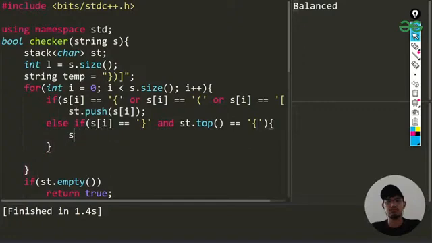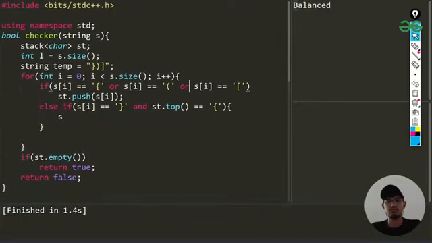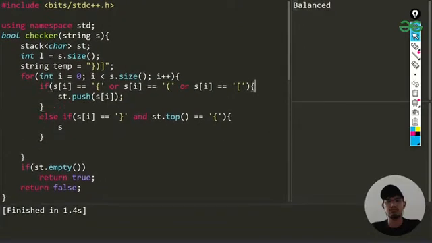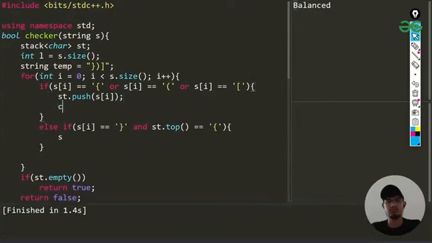In this, the first thing is this, let me make it a little small. Whenever we are pushing something we don't need to go into the other condition, so I'll be making the code efficient. Now whenever I'm meeting this closing bracket and I see that my top is also this one, in that case I'll be popping that element.